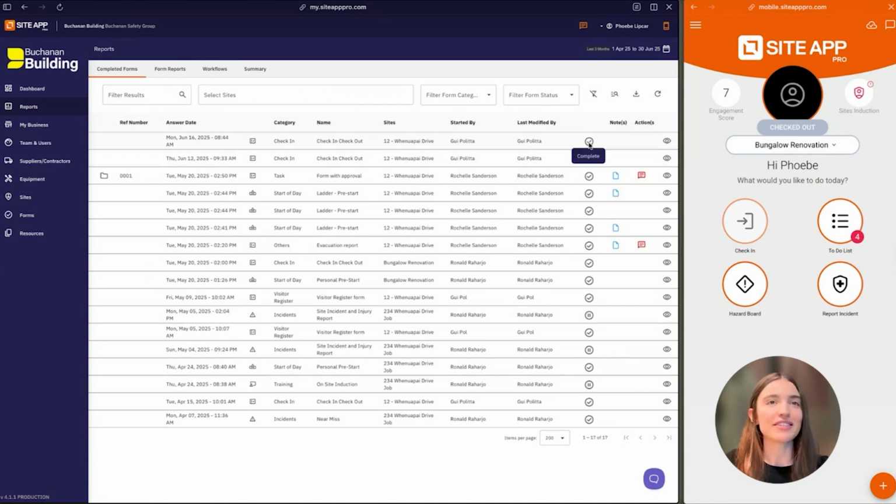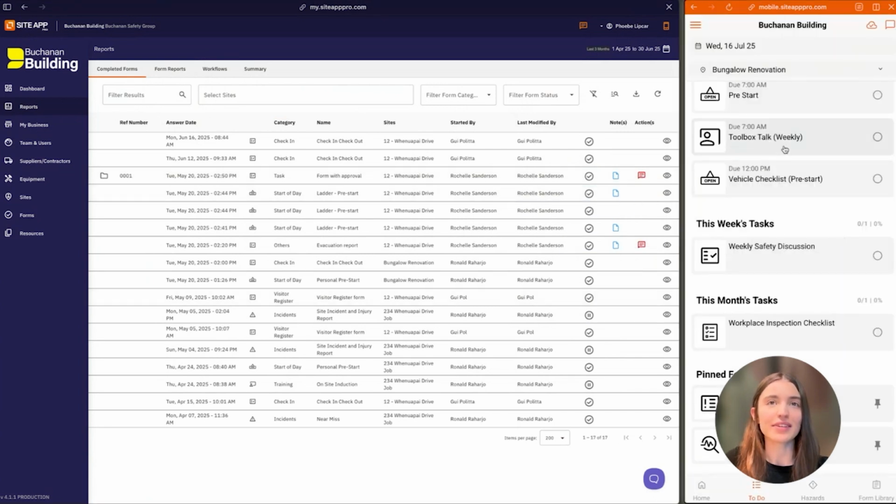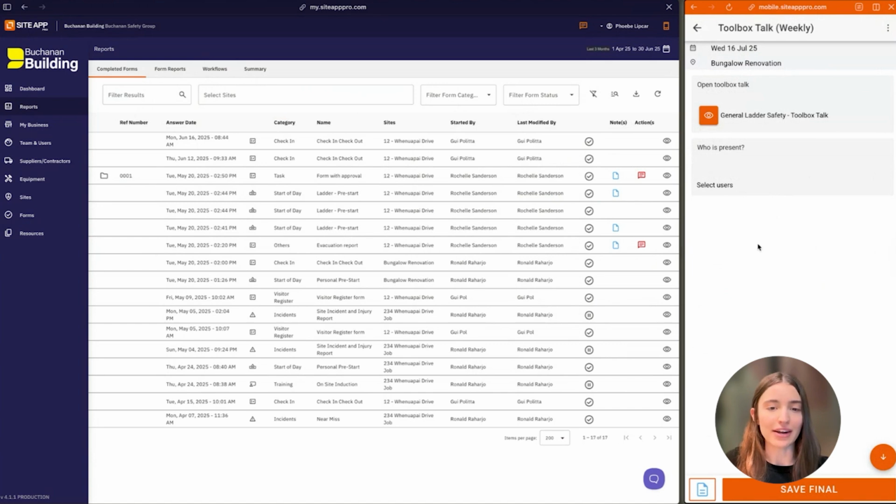We can see most of these forms have a tick next to them. So that means that they've been submitted, versus the pause button down the bottom here. So this might be that you need to give this team member a bit of a nudge, because they might have just submitted the form as a draft. And then we have a few forms that have a blue note assigned next to them and a corrective action as well. And if we jump into our forms again, just to highlight our blue note and corrective action